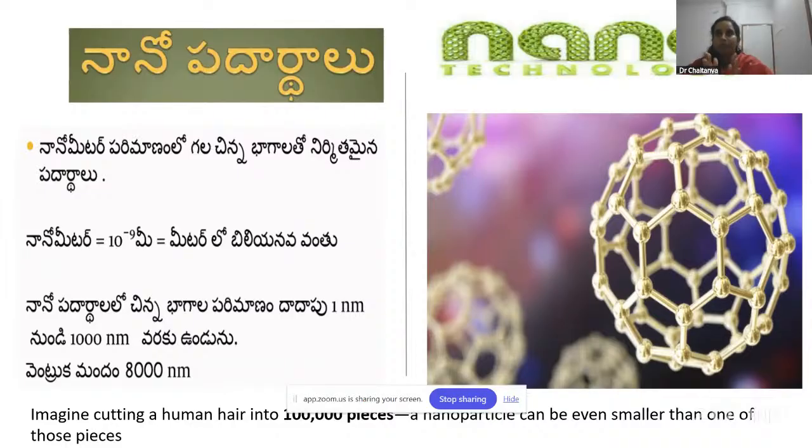See, if you compare a big bulk and a small particle, if you take a big bulk, the surface area will be of minimum size. Suppose you cut the same bulk into 1000 pieces, 10,000 pieces, lakhs of pieces, the surface area will increase compared to the bulk cube. If you cut the bulk into so many pieces, the surface area will be increased. So that is the main principle here.